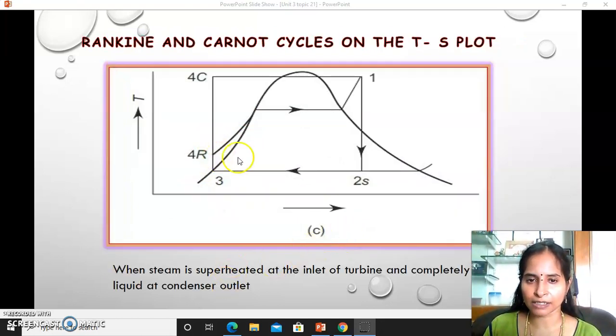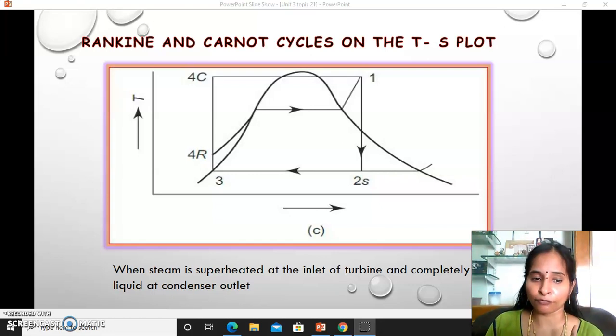And if it is the superheated condition, then you can see 4R to 1 and then 1. So the variation of temperature limits, the range, is longer for the Rankine cycle, but it is the same in the Carnot cycle. Okay, let me continue in the next video. Here is one point you have to remember: if you want to improve the cycle efficiency, the average temperature of heat supplied should be increased, so that the heat consumption will also be lesser with less heat input.